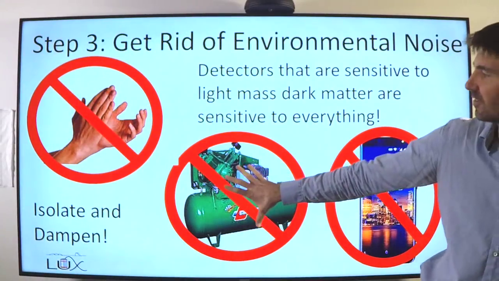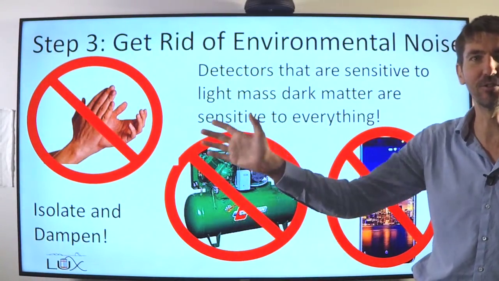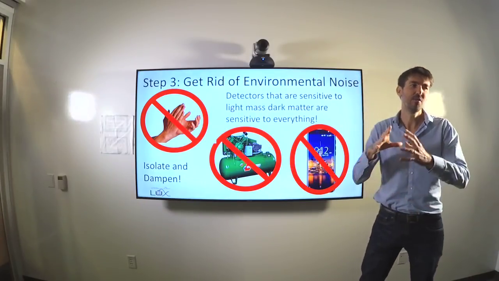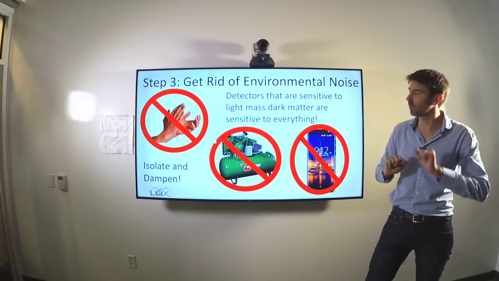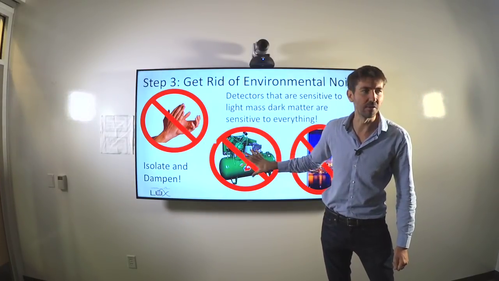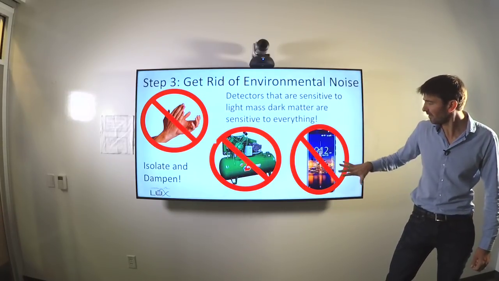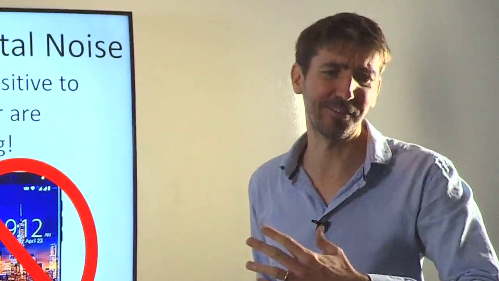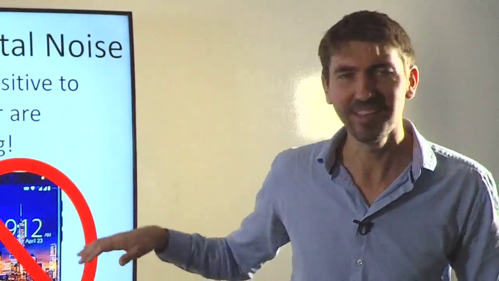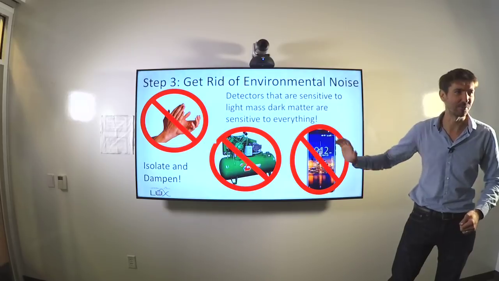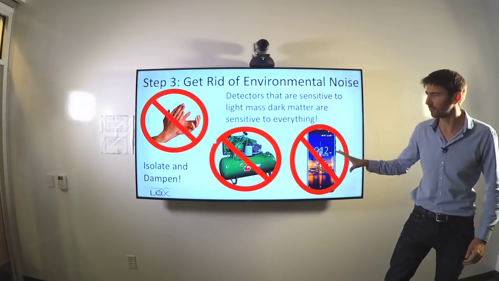Of course, you can think of these things as being in refrigerators, and your refrigerator shakes a little bit, compressors and other things in that. That's definitely a problem. We have our compressors isolated, we spring load them, and we still see a little bit of noise from there that we're also right now in the process of getting rid of. Finally, my lab is right across the hall from this giant classroom of students coming out every hour, and you immediately see them pop on their cell phones, and we can see that as well. We've made great progress recently on suppressing these signals, so I can confidently say this one we've totally solved.